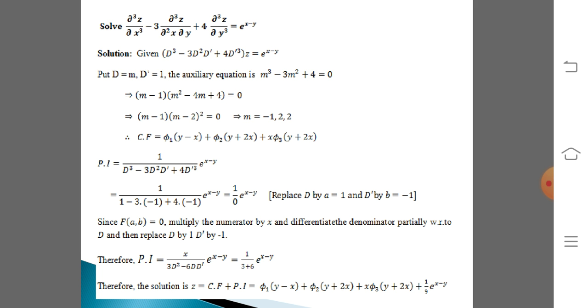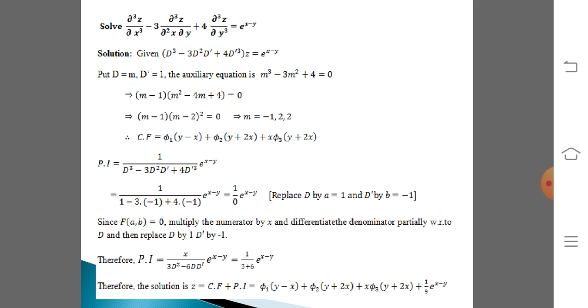So, minus 3d dash into 2d is minus 6d d dash, plus what about the derivative of the last term 4d dash square? It is 0 because there is no d in it. So, its derivative is 0. Therefore, the derivative of the denominator partially with respect to d is 3d square minus 6d d dash into e